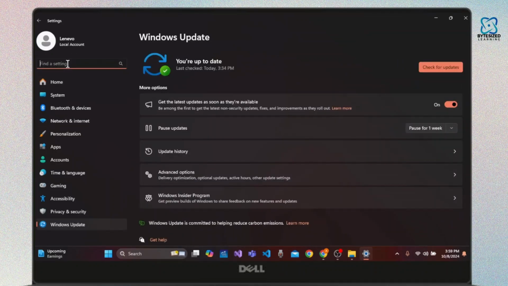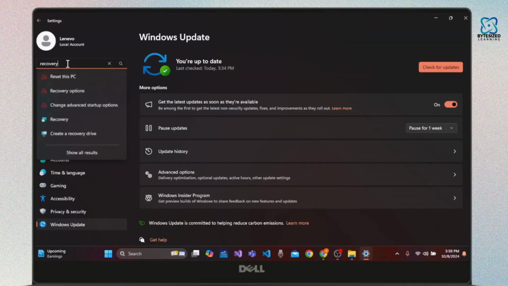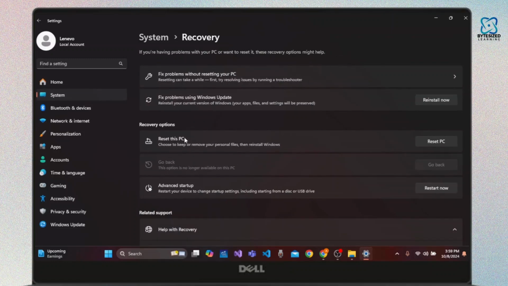Click on the search bar and type in Recovery option. Under the list, you will find a recovery option. Select that. And here is the Reset This PC option. Simply click Reset PC. Before that, you have to choose to keep or remove your personal files, then reinstall the